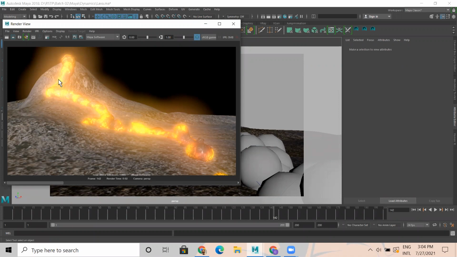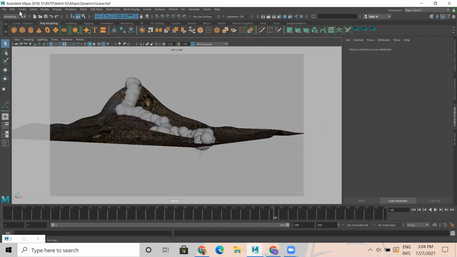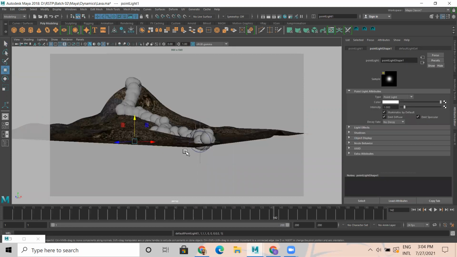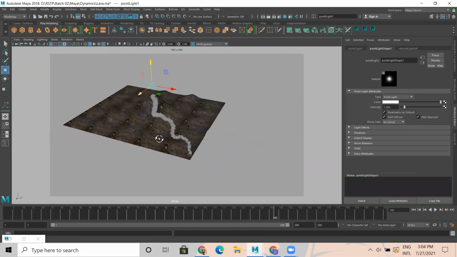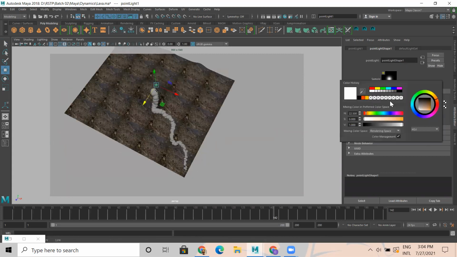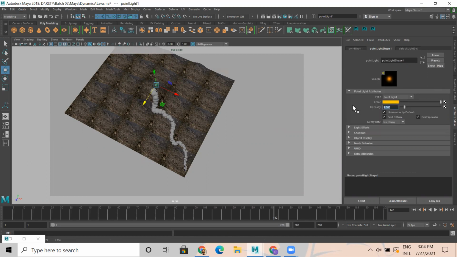Now the lava itself is obviously an active lava. So when fire is there, it will have this amount of glow. Then obviously lighting should be there, right? Lighting also has to be matched for this. So I would like to create a point light, and I'm gonna place it on top of this lava here, and I'll make the color orange like this. So this one, 1.5.